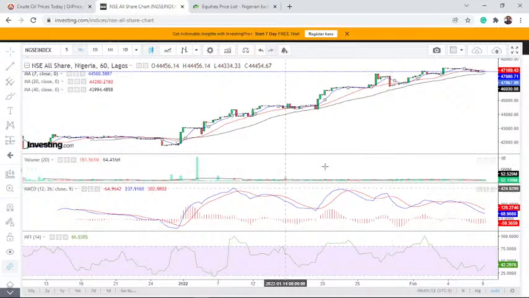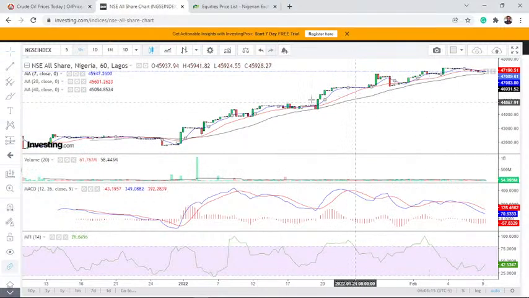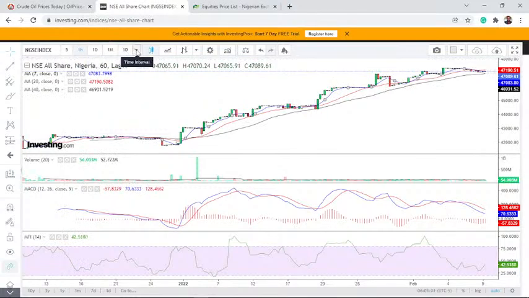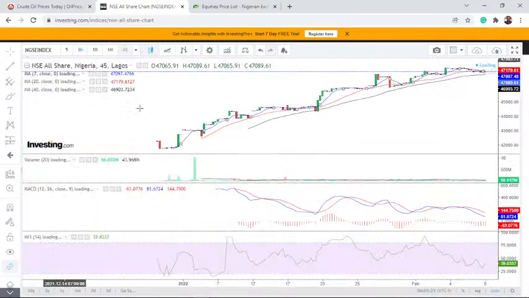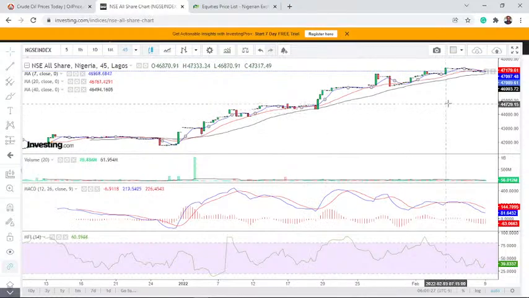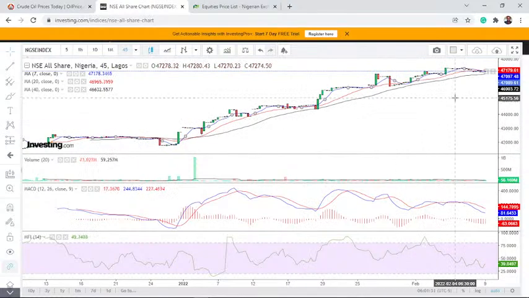What you are seeing on the screen is an hourly chart. But if you want us to look at it at 45 minutes, we can equally look at the 45 minutes chart before I go for the 1 day chart. This is our 45 minutes chart, and I will tell you that it's almost the same